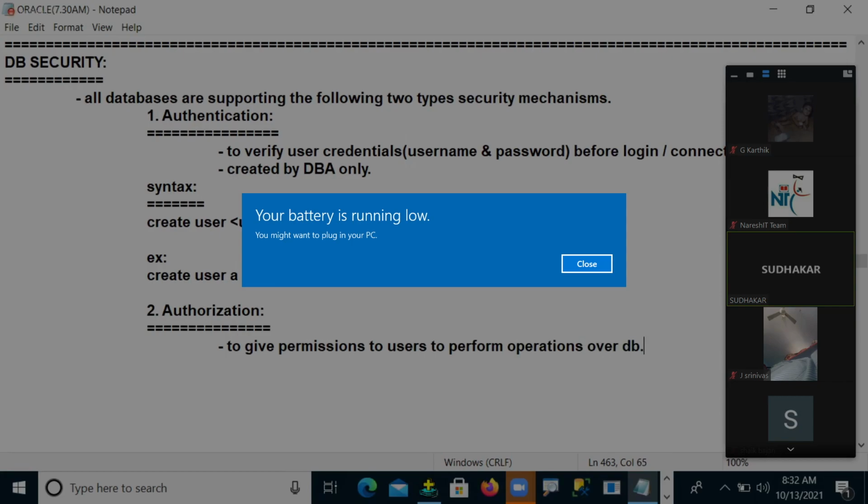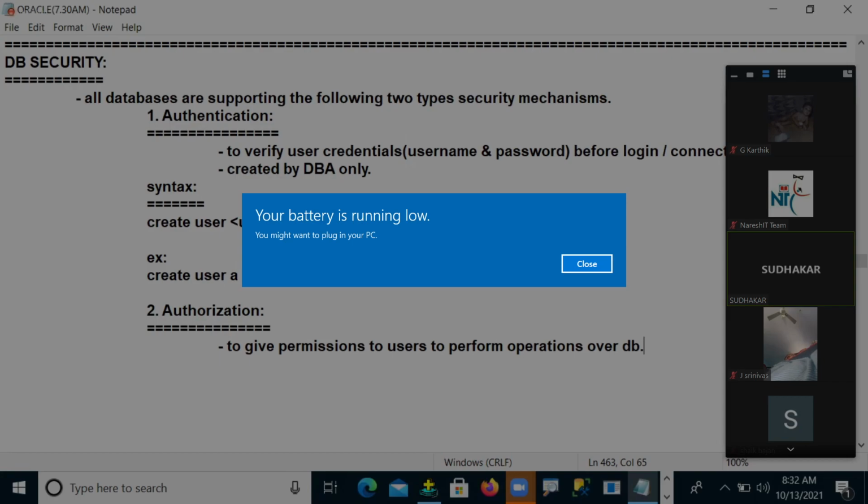Here it is very important: once you have a username and password and connectivity permission, it's not like you can connect to the Oracle database and do anything. Nothing is possible, because you just have authentication permission.